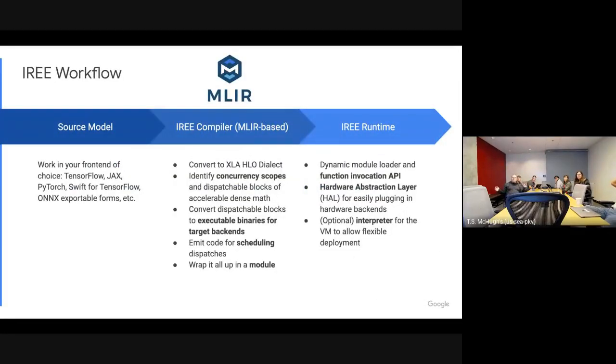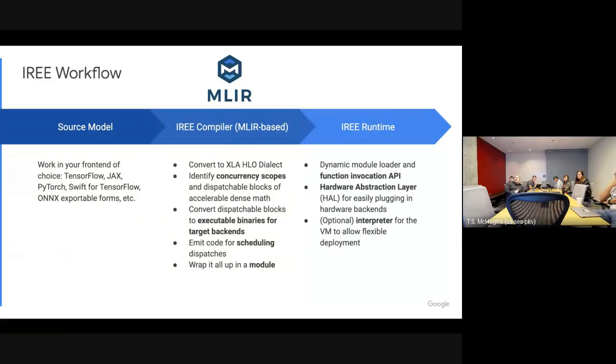And for our end-to-end flow, what that means is not just creating another compiler pass and throwing it in the compiler, but really thinking about this holistically from the input modeling language, whether that's TensorFlow or JAX or PyTorch, through the compilation stack based on MLIR and to runtime. The idea being that you should be able to take a model directly from the source and execute it without any missing steps.